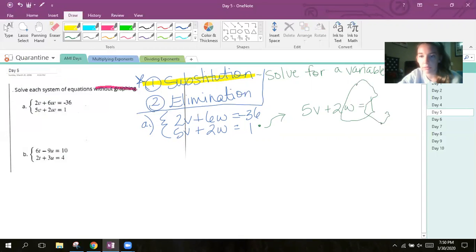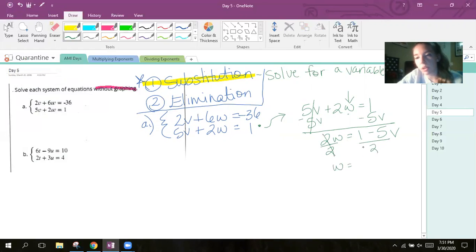Okay, all right. Oh my gosh, get it together. All right, so I'm going to solve it for w. So I'm going to get this 5v and I'm going to move it to the other side. Those cancel out and I have 2w equals 1 minus 5v. And then still got to get that w by itself, so I have to divide it by 2. Those 2's cancel out, and w equals 1 divided by 2 is 1/2, minus negative 5 divided by a positive 2 is going to be 2.5